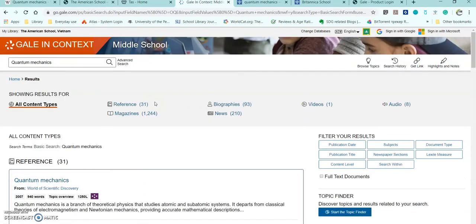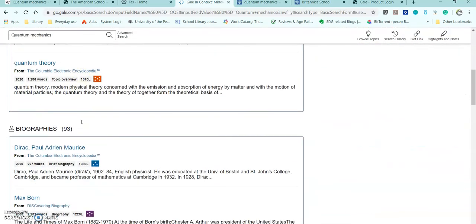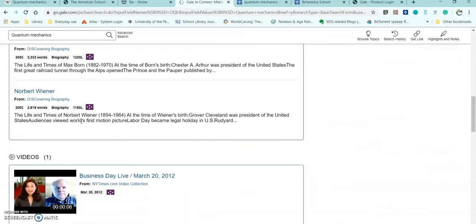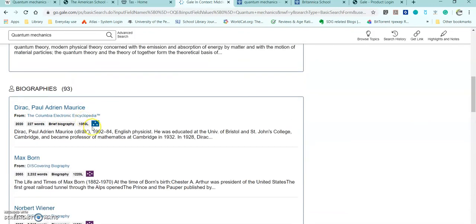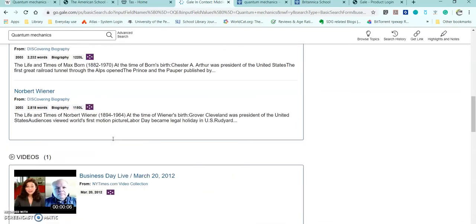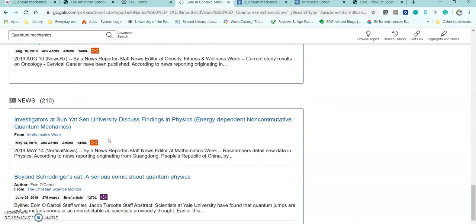When you search for that, the database will search inside of the whole resource library that they have, and it's going to give you how many references, how many biographies, videos, audio, magazines, and news they have related to the search you just made, and you can actually see them down here. Also, if you know your Lexile level, you're gonna find here the Lexile level of the article, so that you know if it's too hard to read or not,